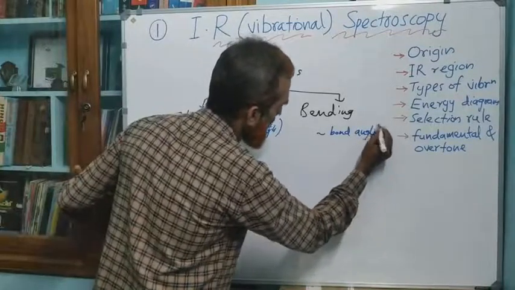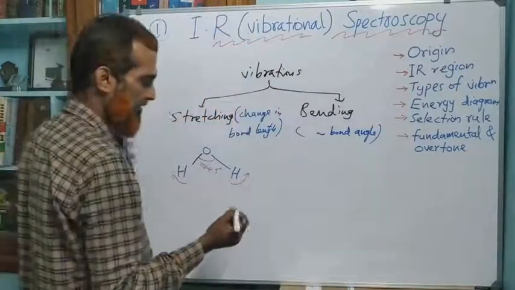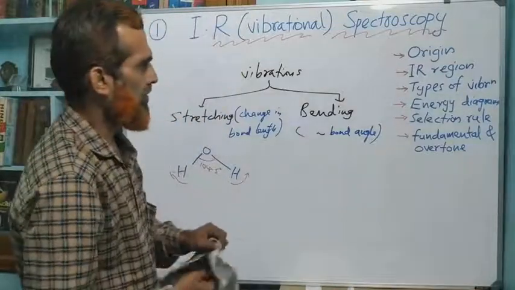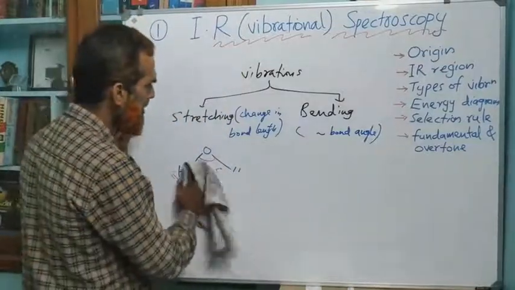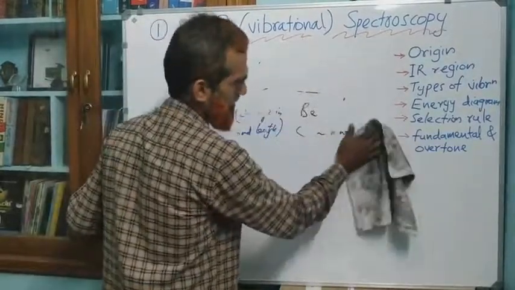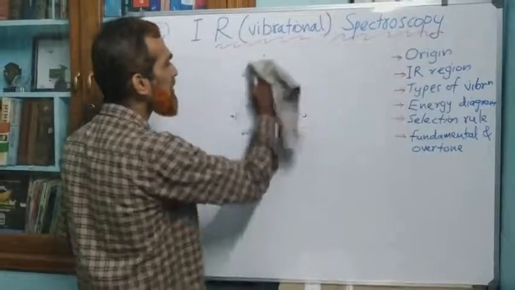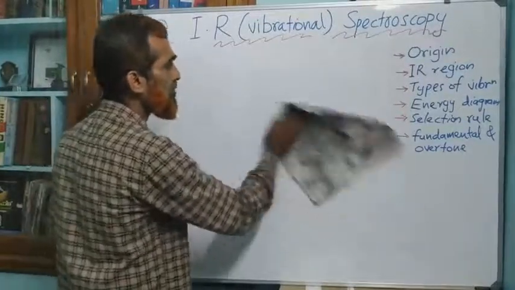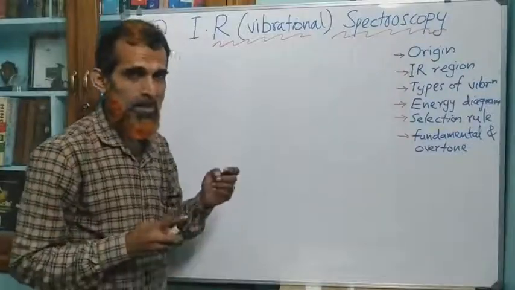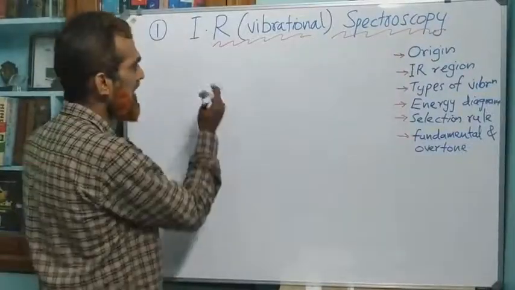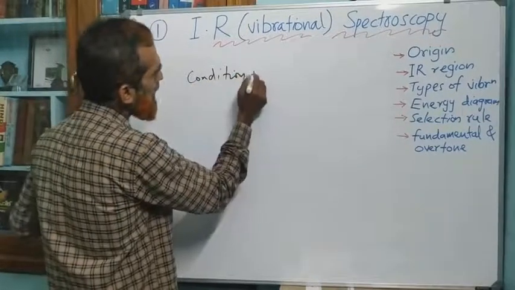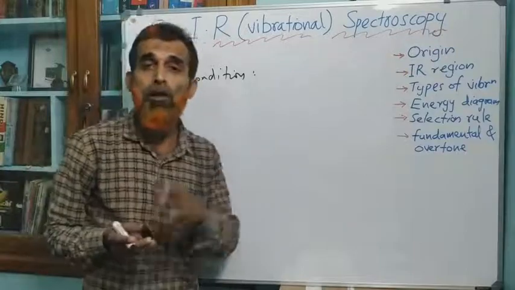Change in bond angle, that is bending vibration. Okay, so there are two types of vibrations. Now, during these vibrations, what is the condition for a molecule to be IR active? Which types of molecules show IR spectroscopy? Do all molecules show IR spectroscopy? No. The necessary and sufficient condition for a molecule to show IR spectroscopy, or to be IR